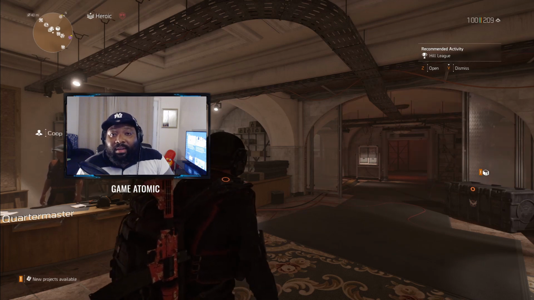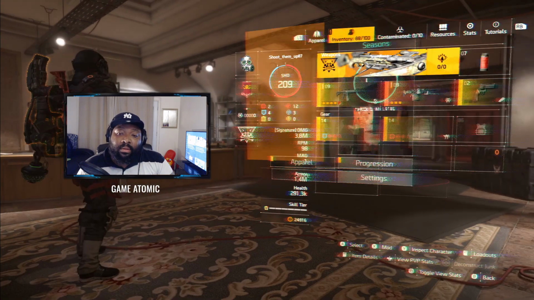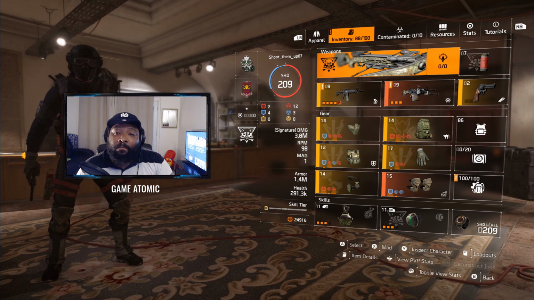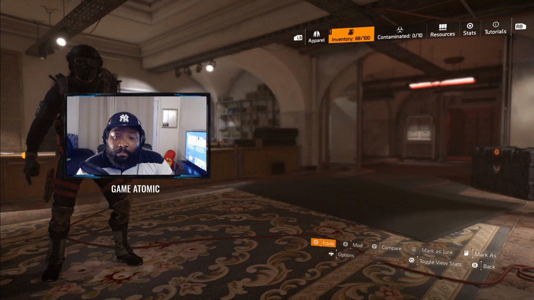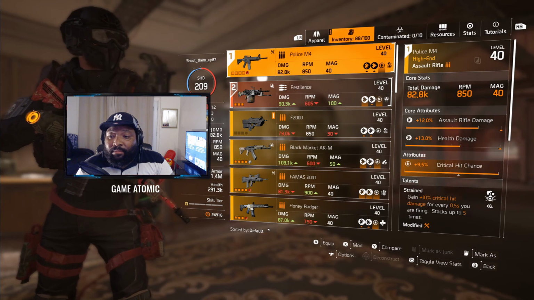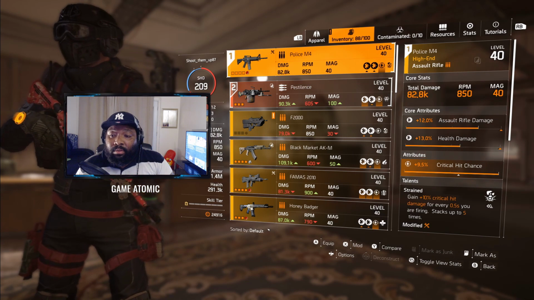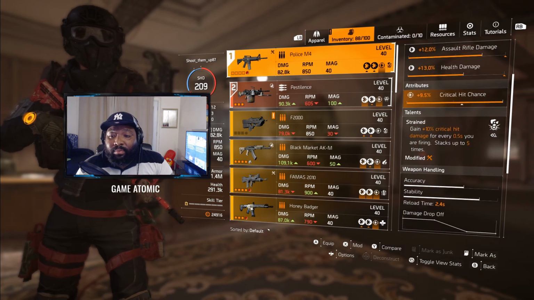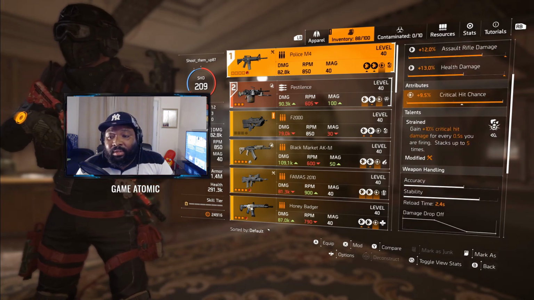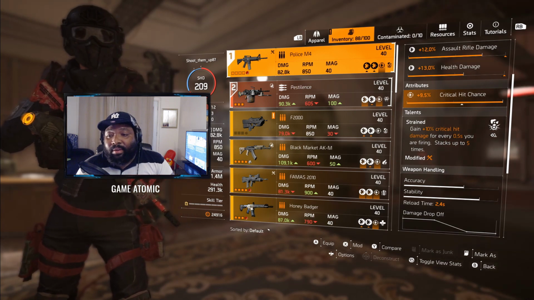Okay, so let's get into the build. So we have, for our specialization, I'm running the sharpshooter, which I will explain why in a few minutes. For our weapon, we have the police M4 with 12% assault rifle damage, 13% health damage, and 9.5% crit hit chance with strain, which gives us 10% crit hit damage for every 0.5 seconds we are firing,